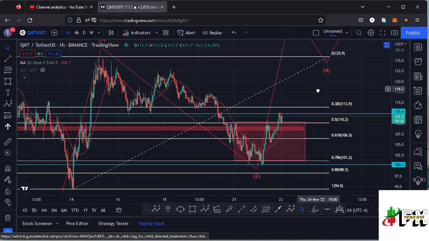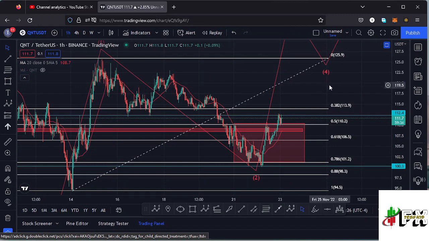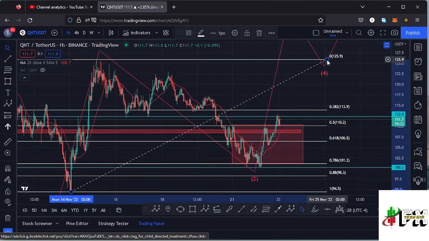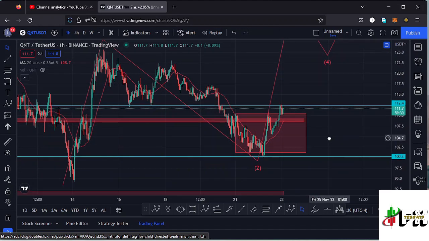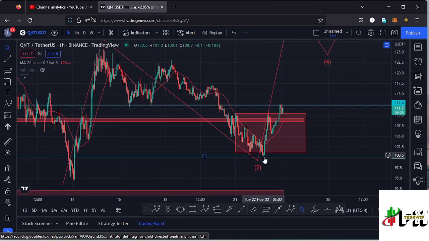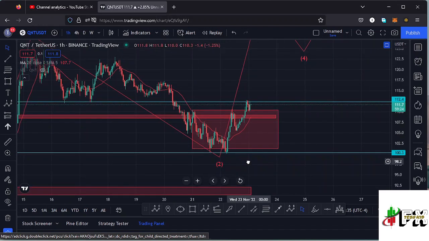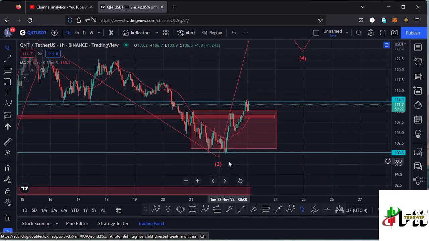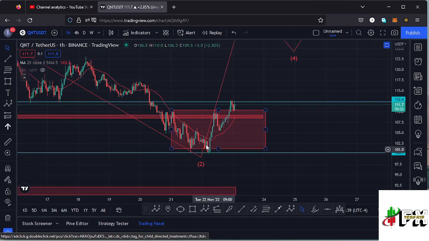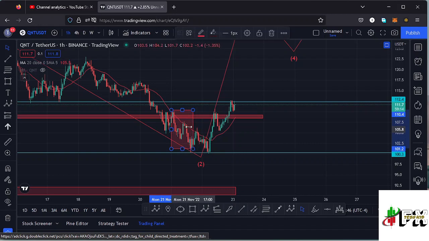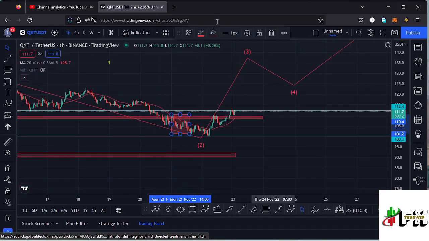And we have continued to hold above the fib level 0.78, and that is also above a key area of support at around the $100 mark. Losing that key area of support would mean even lower prices here on the Quant chart. But you can see yesterday we found support at that key area, and we are seeing a very nice reversal to the upper side in what I'm terming as this wave 3 to the upper side,